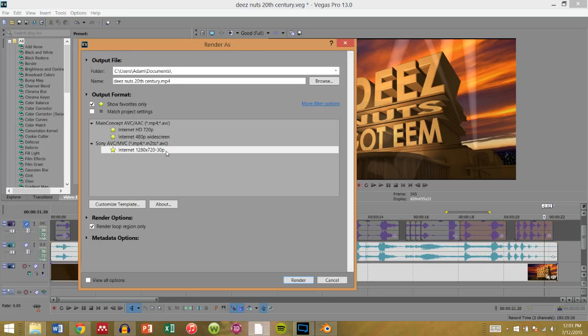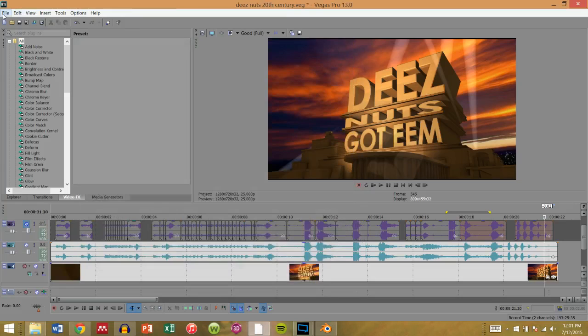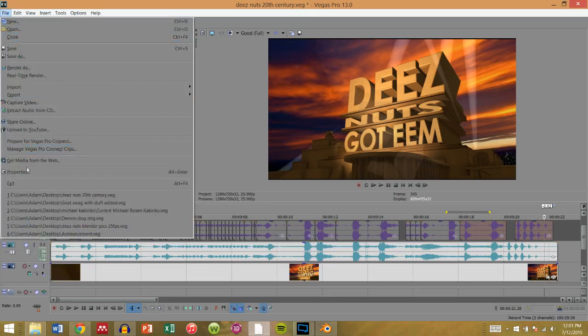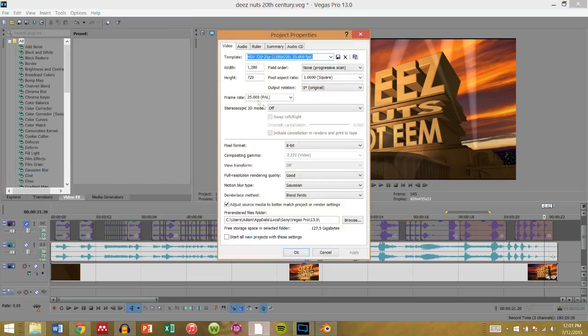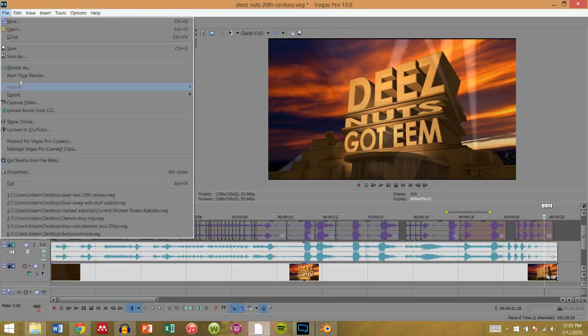And I use the same frame rate. Let me just show you. If you want to check what frame rate your project is, it shows right here. It's 25 frames per second, and this is the resolution. Or you can go to properties, and it shows it right here also, and you can change it to whatever you want. But anyway, when you go to render it,